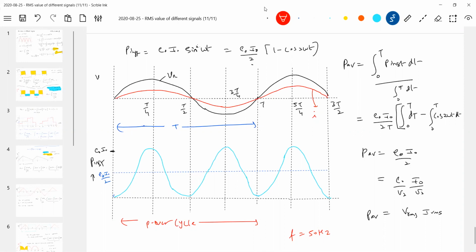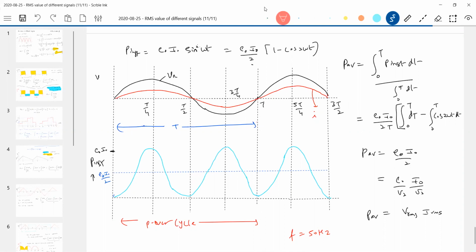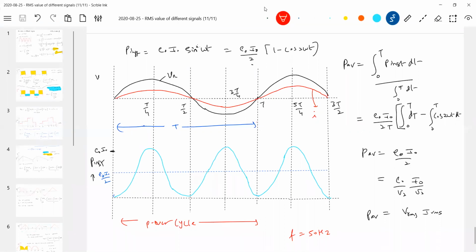So what actually happens practically? This is 20 milliseconds. In 10 milliseconds, what we see is power going from zero to maximum, then decreasing, again becoming zero. This is off. This is what happens here. So 50 hertz is the frequency of the applied AC signal. For power, it will be 100 hertz. Here we took 20 milliseconds.